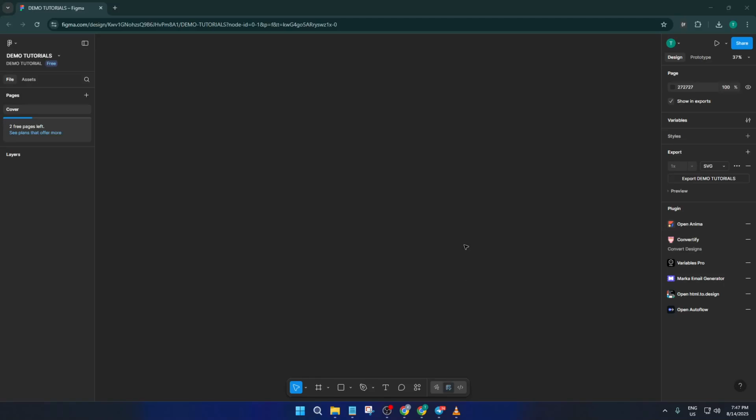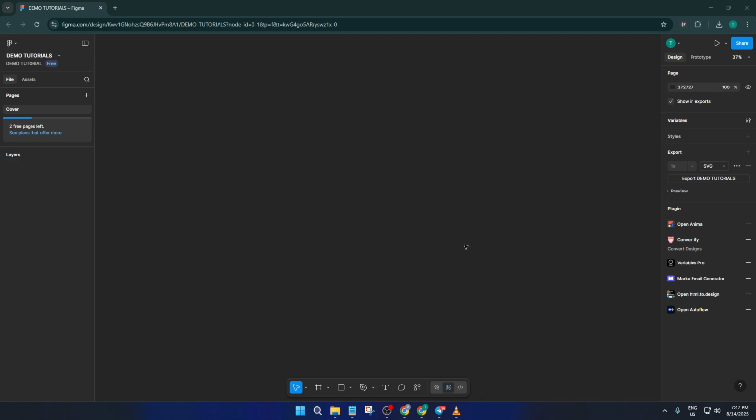If you've ever worked with Figma variables and wished there was an easy way to duplicate or transfer your meticulously crafted variable collections between different files, today's tutorial is for you. By the end of this walkthrough, you'll know exactly how to export and import variables across Figma files using both the native tools and the handy Variables Pro plugin. This technique makes it so much easier to maintain consistency between projects or share resources with your teammates, so let's